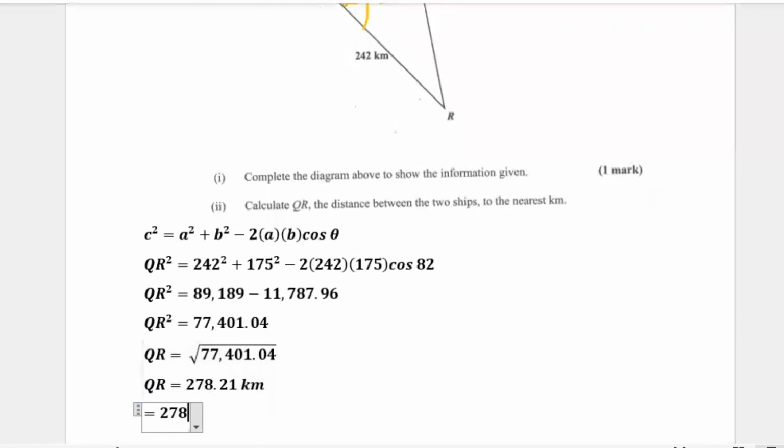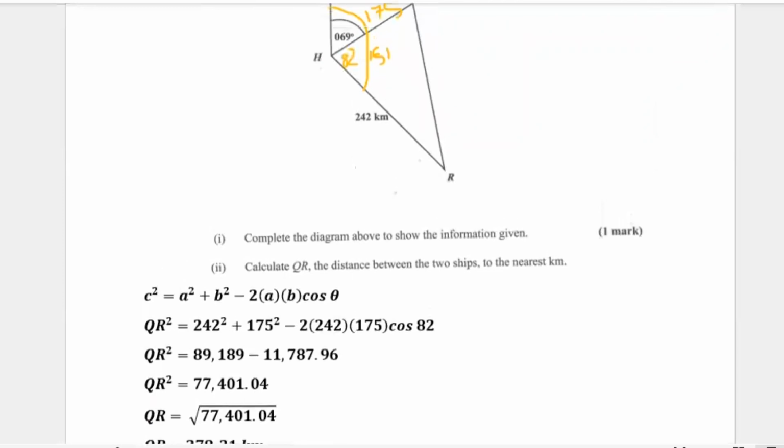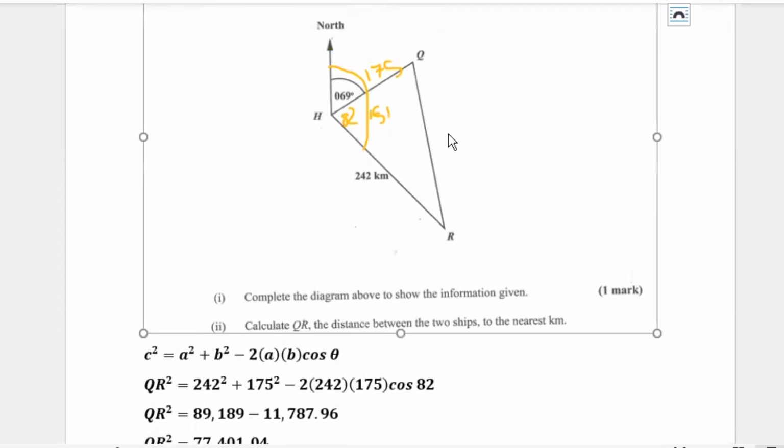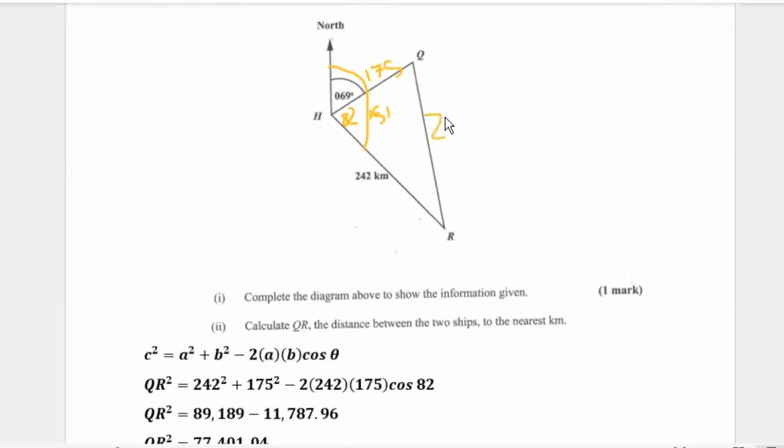So our answer will be 278 kilometers. So this is it, to the nearest kilometer. And that is, so the distance between the two ships is 278 kilometers. So that's what will go here, the distance between the two ships, 278